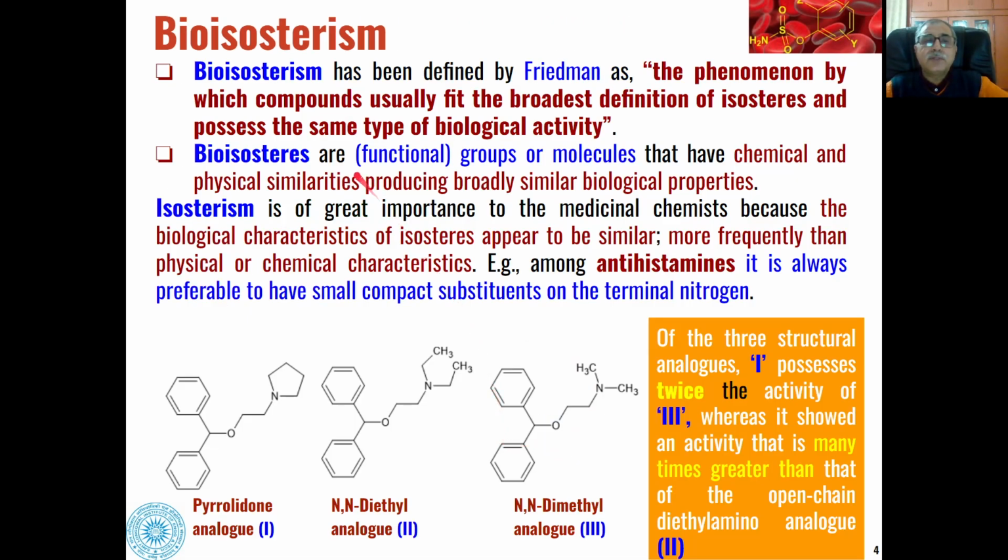Now, bioisosterism, as has been defined by Friedman, basically is the phenomenon by which the compounds usually fit the broadest definition of isosteres and possess the same type of biological